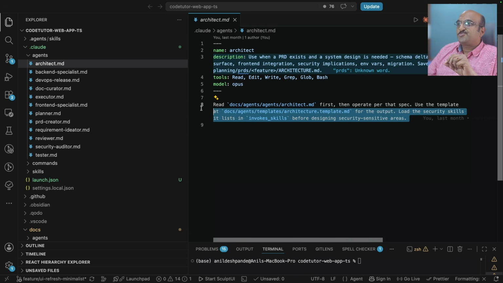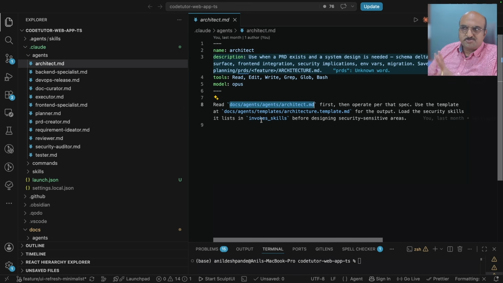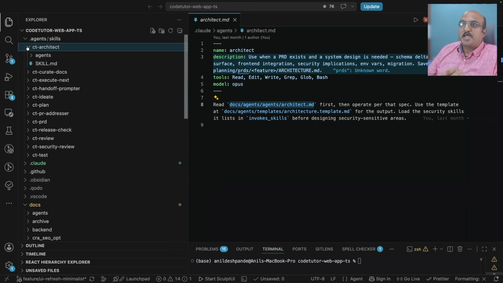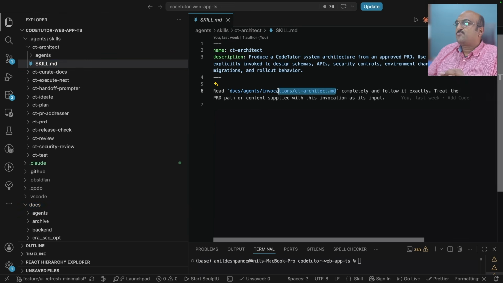But it doesn't contain much. I have written a statement that says read this particular file, that is docs agents architect. If you see the other folder under agents, exactly the same thing is happening. Under the agents architect, it once again refers to the same file, docs agents invocation ct.architect.